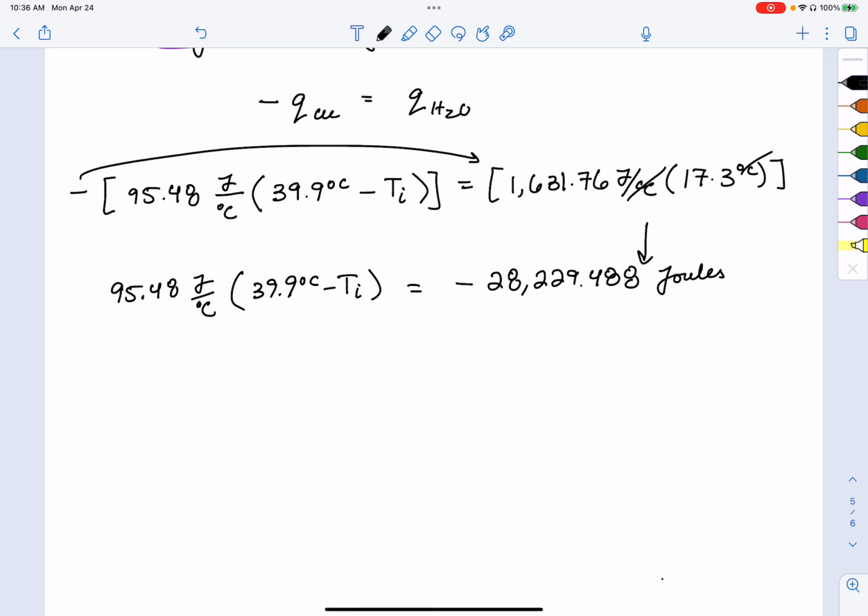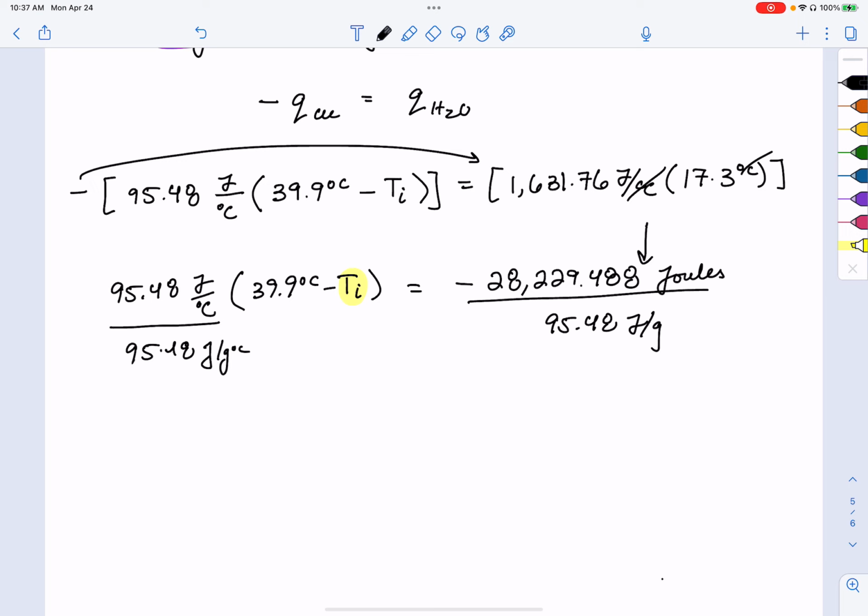And if I'm going to try to solve for my initial temperature, I want to get this by itself. So how about I divide both sides by this guy here. So divide by 95.48 joules per gram degrees Celsius over 95.48 joules per gram degrees Celsius. I will now have 39.9 degrees C minus my initial temperature is equal to my negative 28,000-ish over my 95.48. This gives me negative